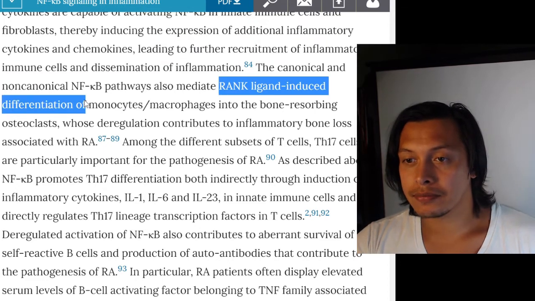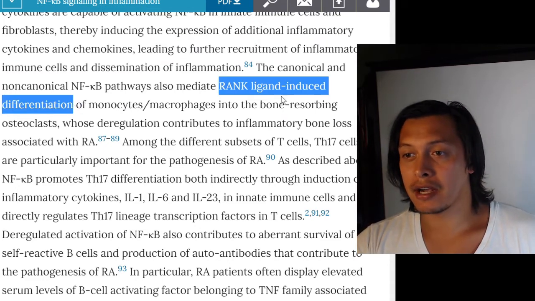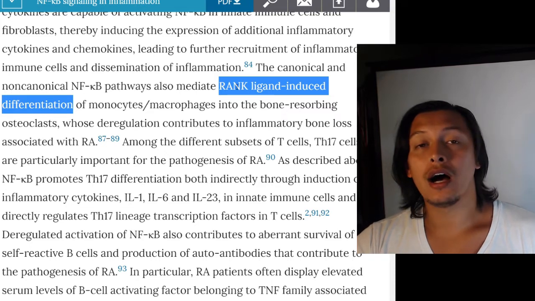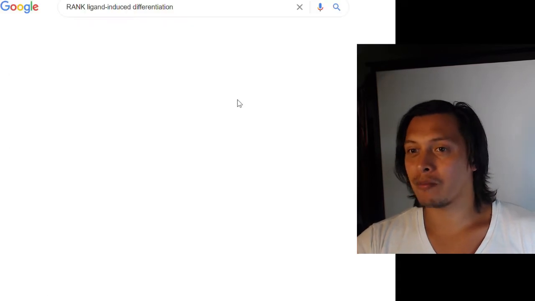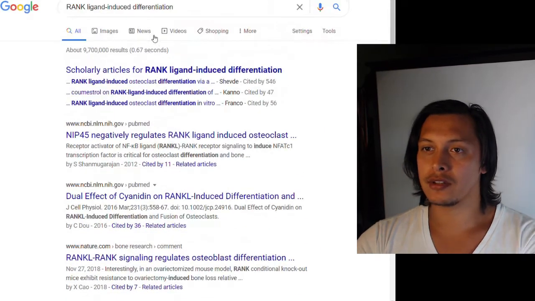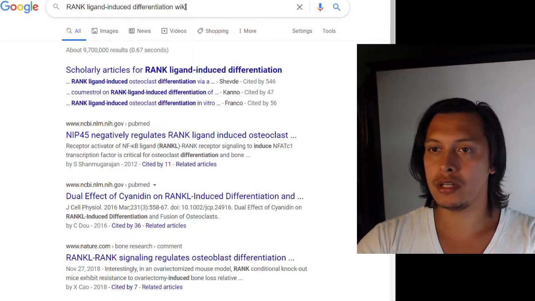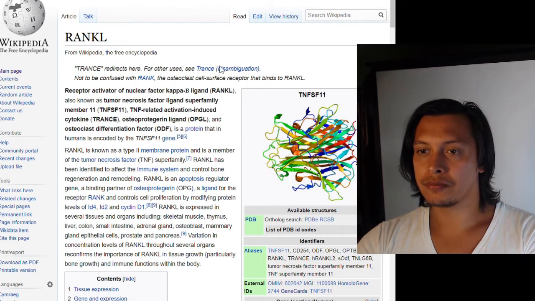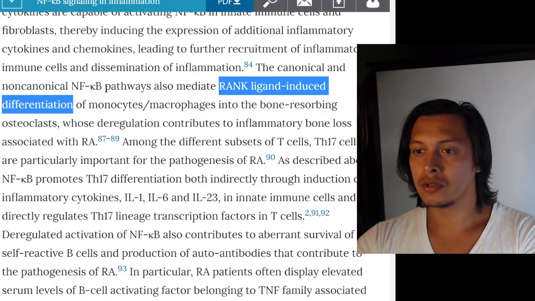of monocytes and macrophages into the bone-resorbing osteoclast. So let's look this up real quick. What is the RANK ligand-induced differentiation? And let's look up Wikipedia. So is this, yeah, so RANKL,